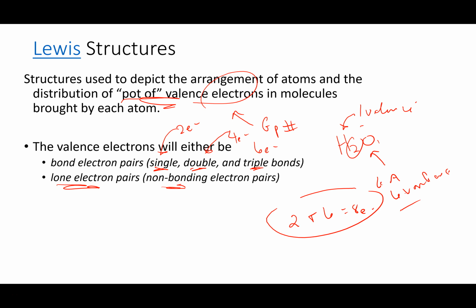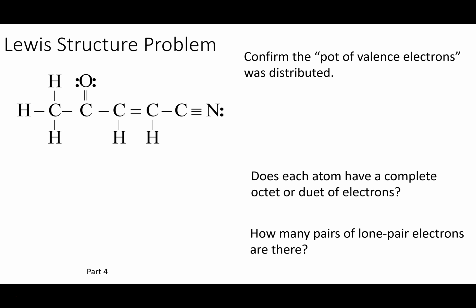They're part of the pot, and they give shape around that atom. So, for instance, if you're given this, and you're supposed to count the pot of electrons on that Lewis structure,